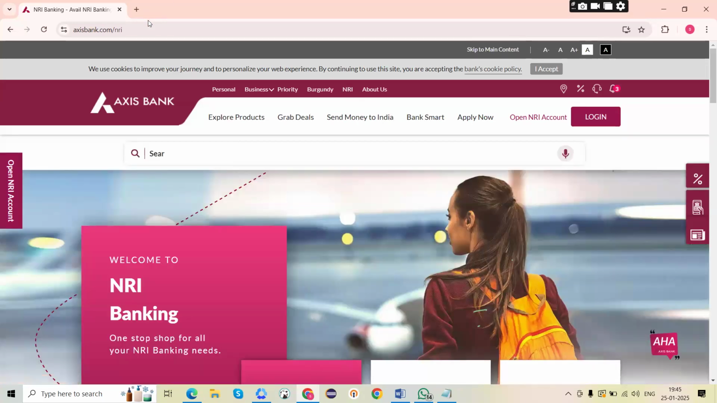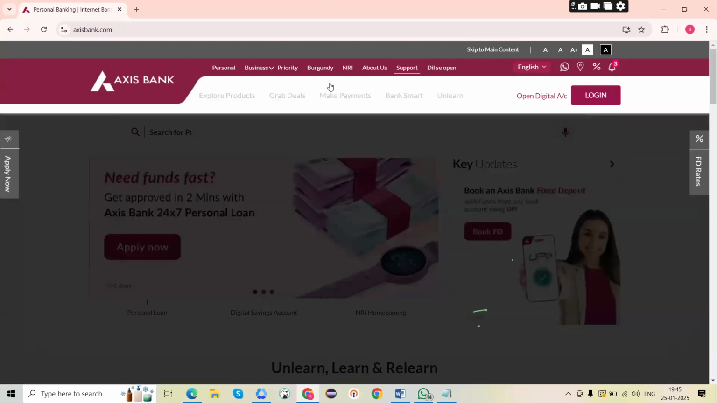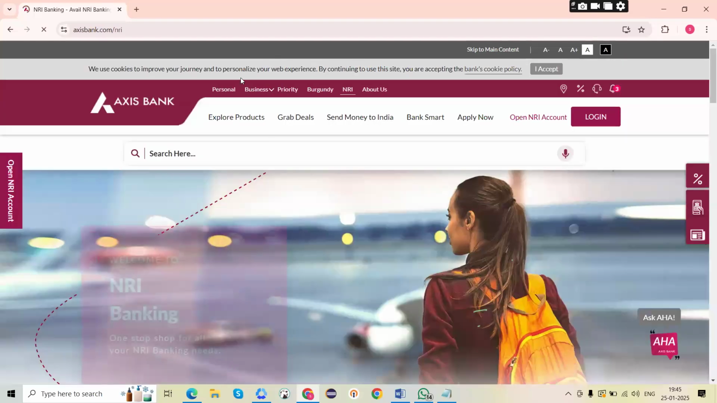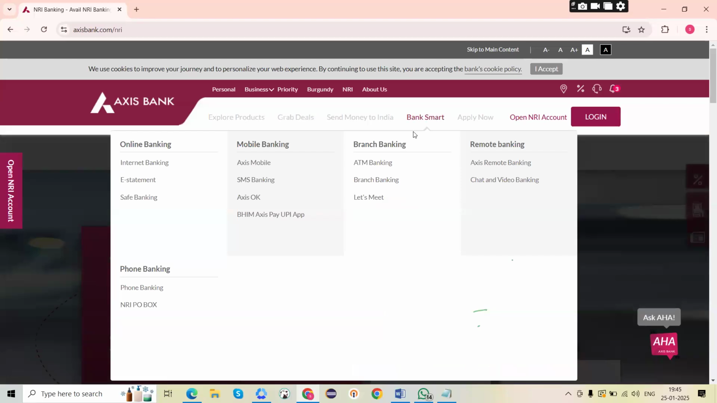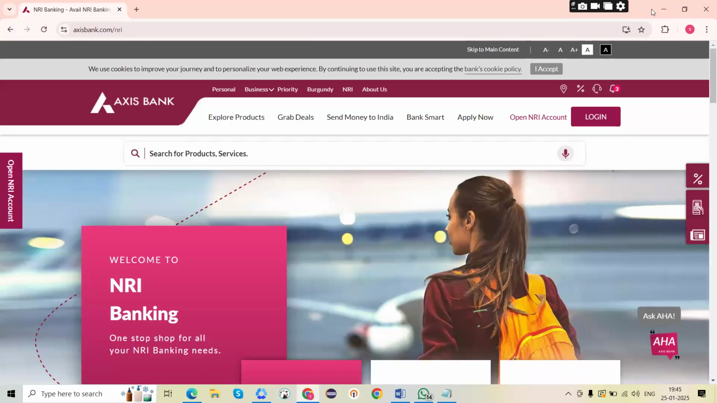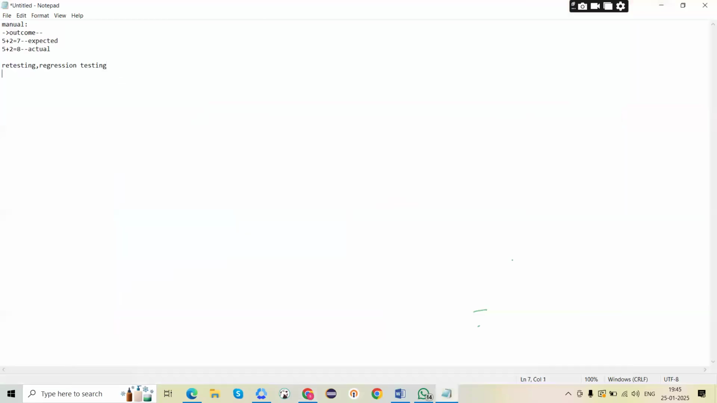I need to open the website. First of all, the main branch, main page. Then we are clicking on to the NRA page. So I am just processing the 3 steps. If there are another 3 or 10 steps, every time whenever the bug is repeated, I need to do those 10 steps